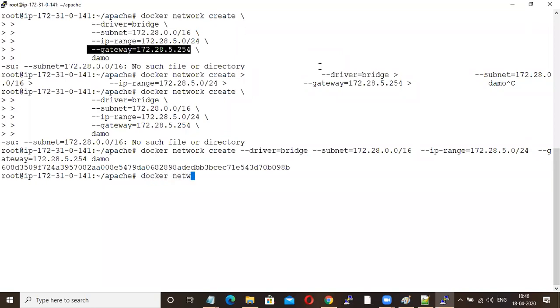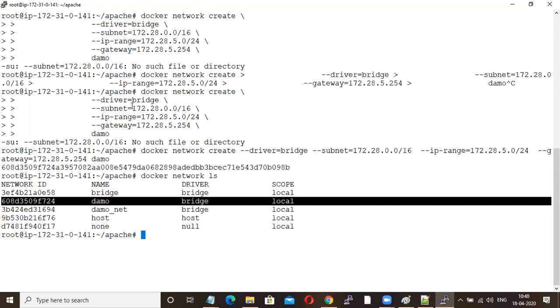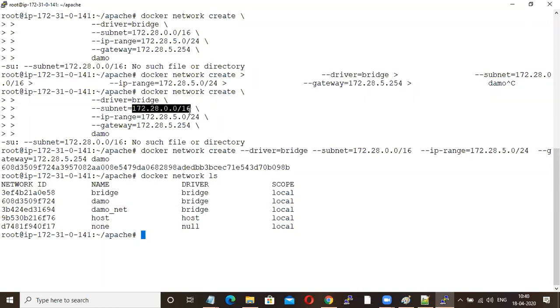Now Docker network ls, you will have your network. So you are just specifying in what subnet range, what IP range you want. Clear? So like this only we will create our network.